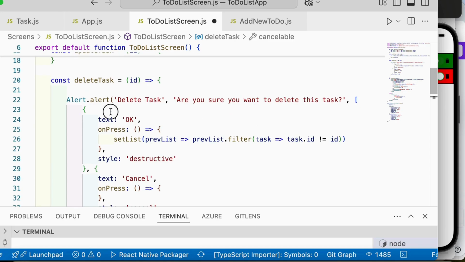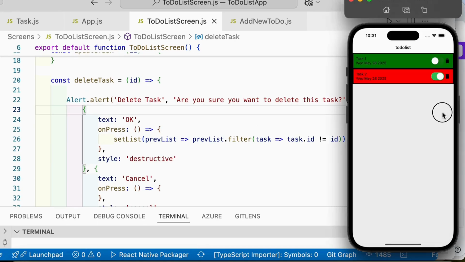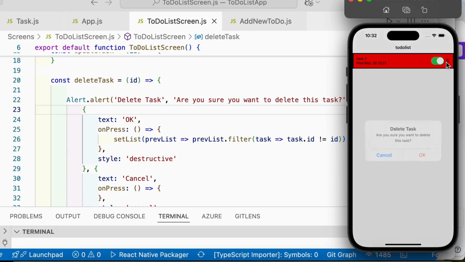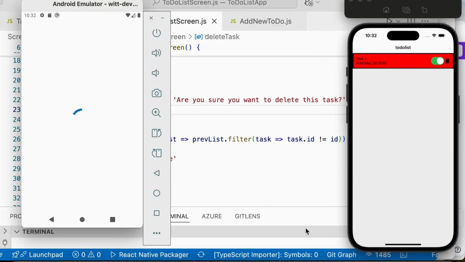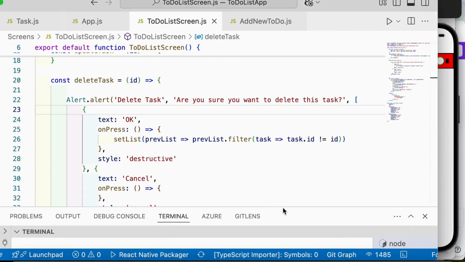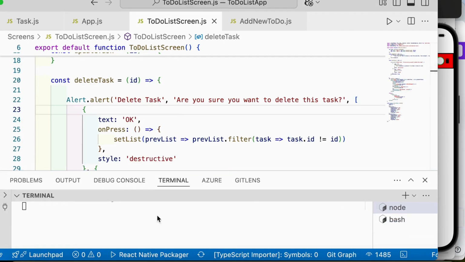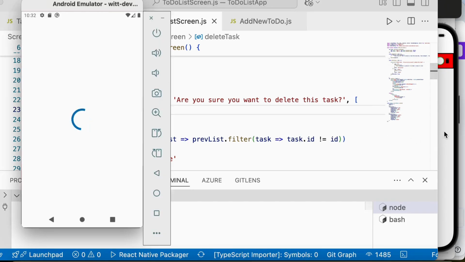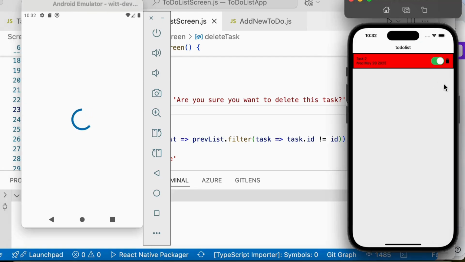And now this alert will help me here by asking the user if they want to delete the task or not. If this is okay, the task will be deleted. If this is cancel, the task will be there. And same thing for Android. I will refresh my Android and make sure that it's working as well. But this is here exactly what we need to see for this alert, displaying the alert when the user clicks